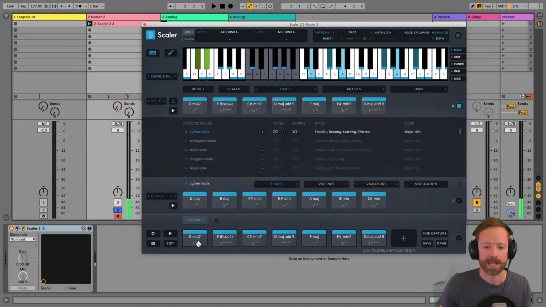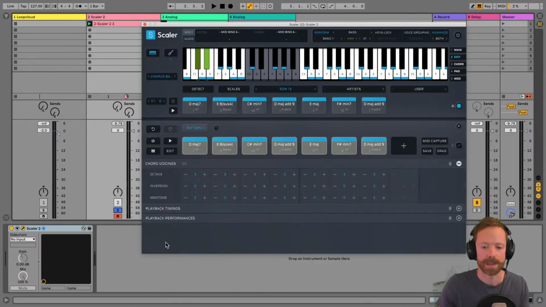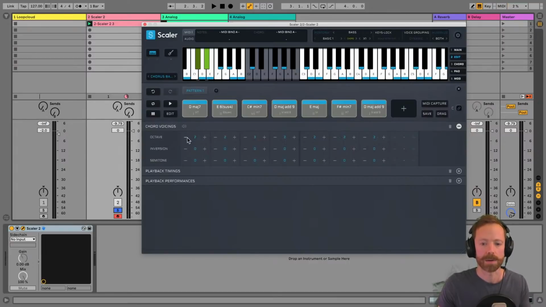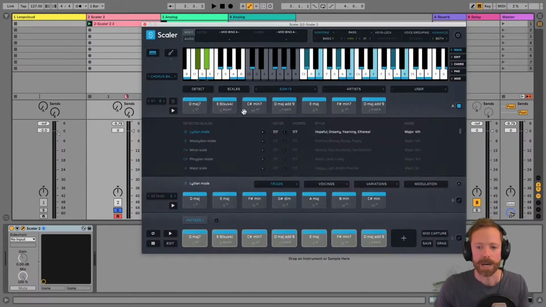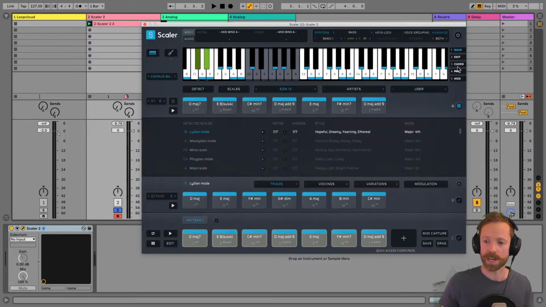Now I might want to bring it down an octave actually, which I can do by selecting them all here and hitting edit and then coming down an octave. So they're all down an octave now. And you also don't need to necessarily click on the edit and the different switches like the modulation that you used to, because in this version now you've got these handy switches for going straight to those modes from the top here.